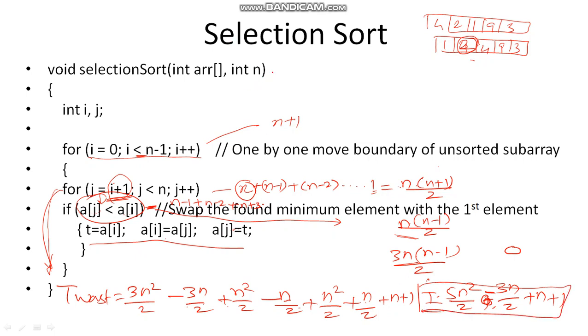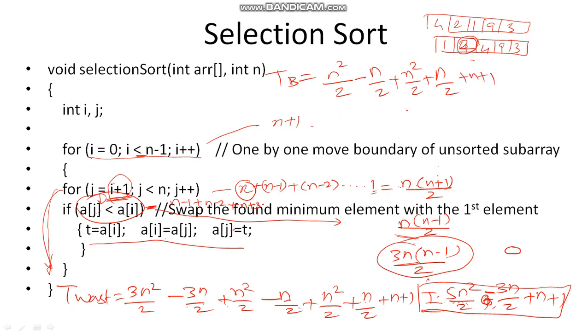In the best case, let me write time required in the best case over here, wherein this will be 0. So the remaining part, so even if you subtract 3n by, or let us write it here, it is n square by 2 minus n by 2 plus n square by 2 minus plus n by 2, adding this one, and plus n plus 1. So what we get is n square by 2, n square by 2, it is 2n square by 2. This n minus 2 is gone, so remaining is n plus 1. This is in the best case.